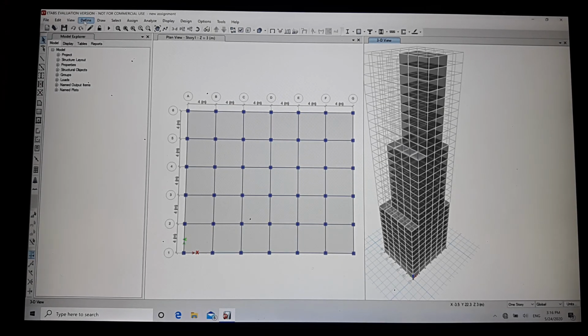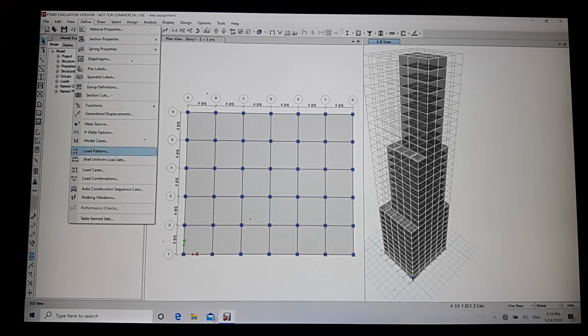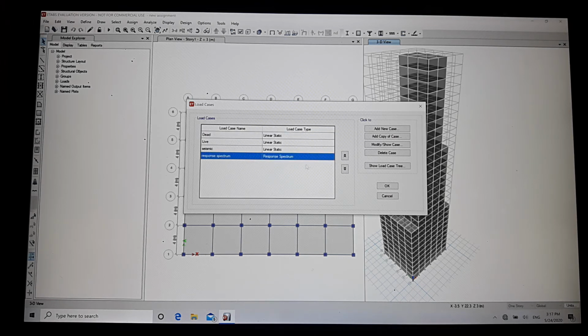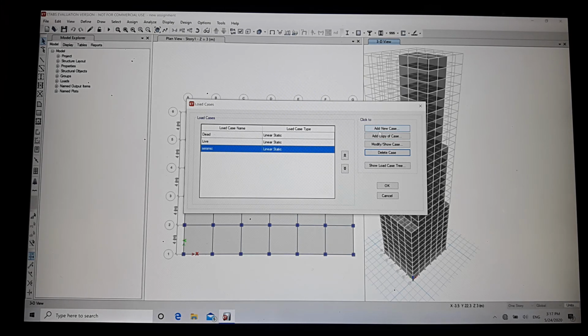Then go to define option, load cases, then click on response spectrum and delete case. We don't have to analyze on this, so delete case and then add new case.